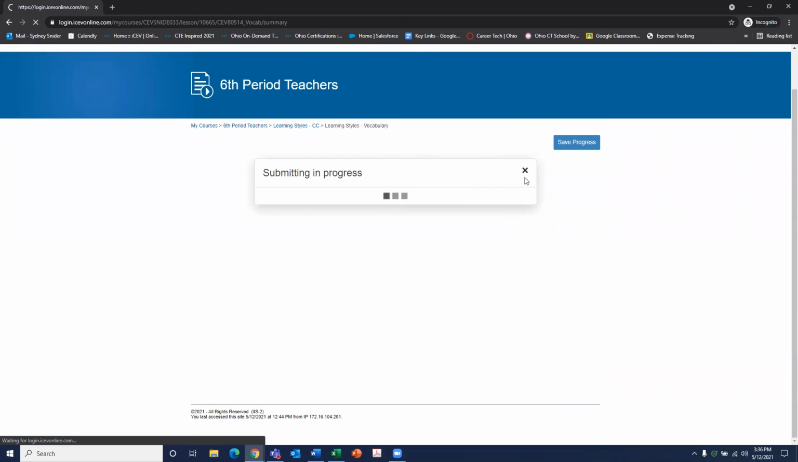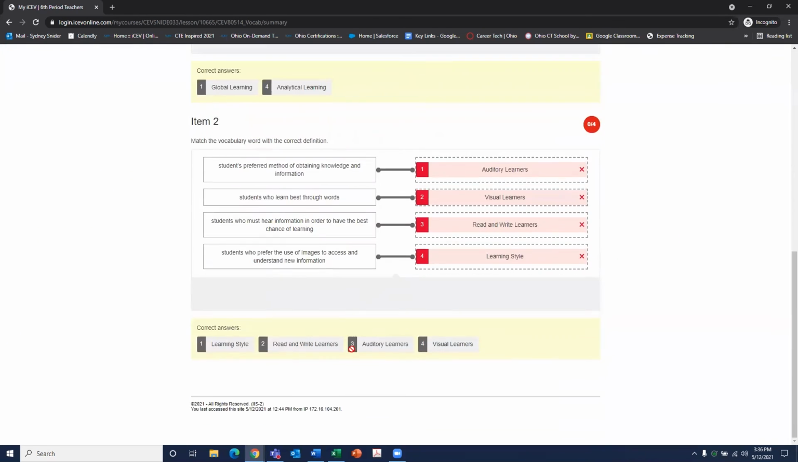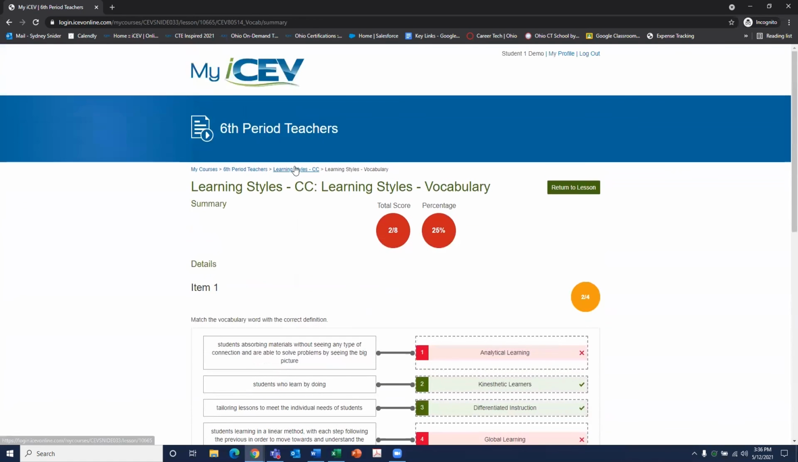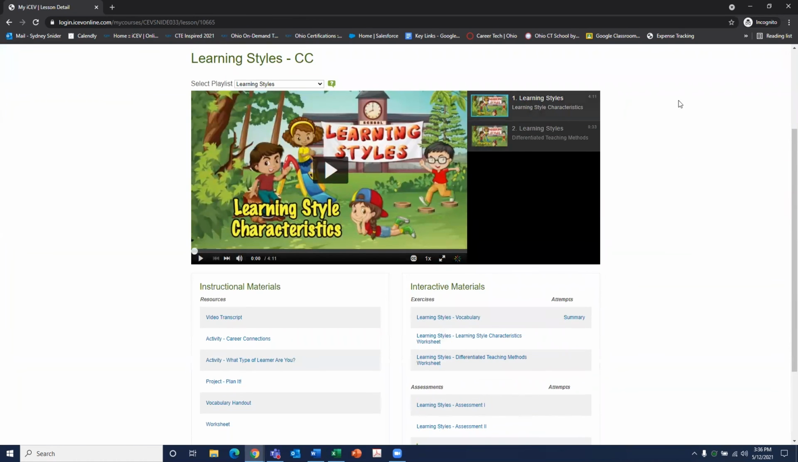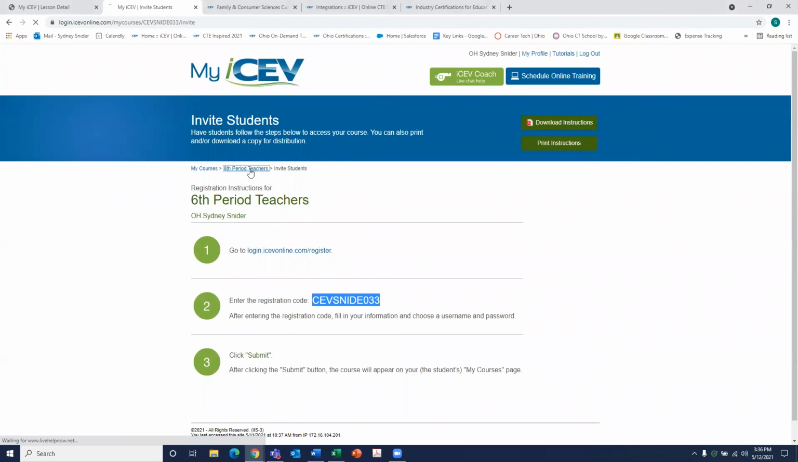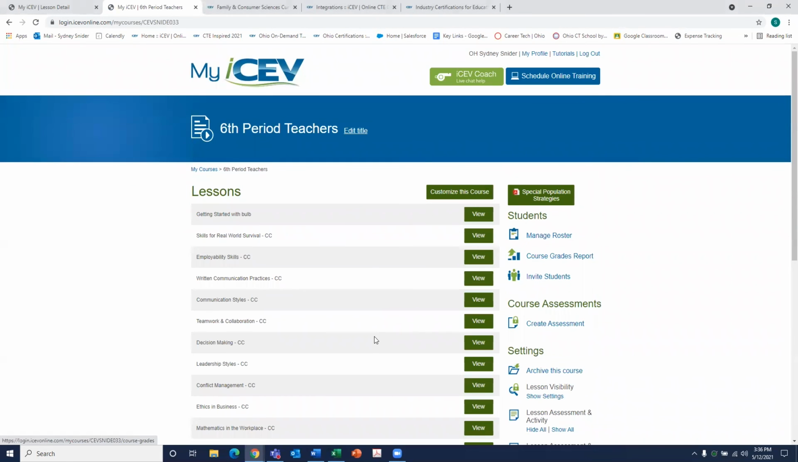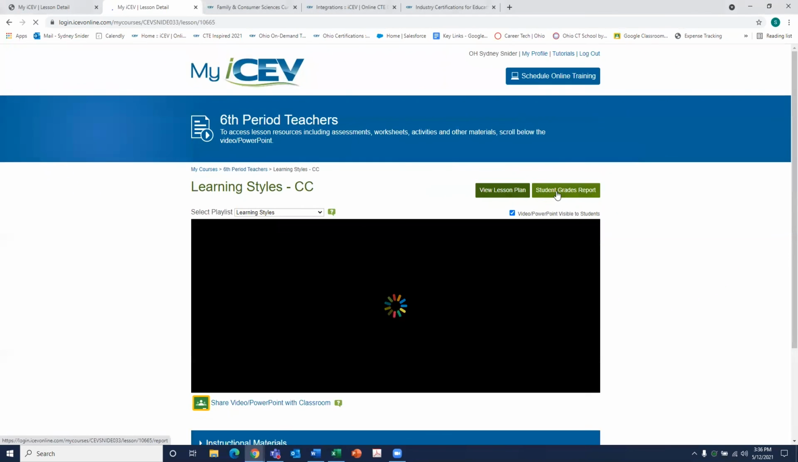Submit. And again, as a student, I can see I did get 25% on this particular item. I can return to my lesson page and I can view that summary if that show details has been left checked for me. If I have more than one attempt that my teacher has provided me, it will tell me here. And for my teacher, I can actually now go back and I can view my learning styles student's grade